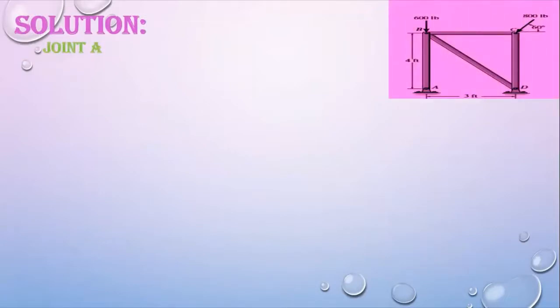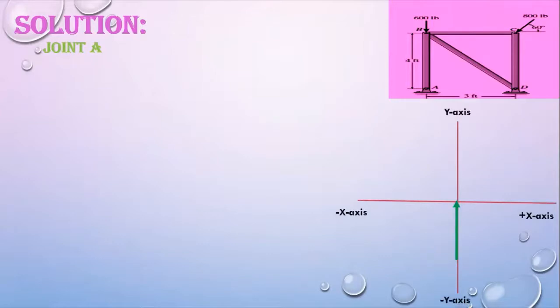At joint A, we have already calculated FAB. Now we have to calculate the support reactions. Now I am going to make the free body diagram at joint A. First, AY, we did not calculate it up till now, that is the support reaction. So this is AY, and then there is the vertical member force FAB, which we have already calculated at joint B, and then AX.